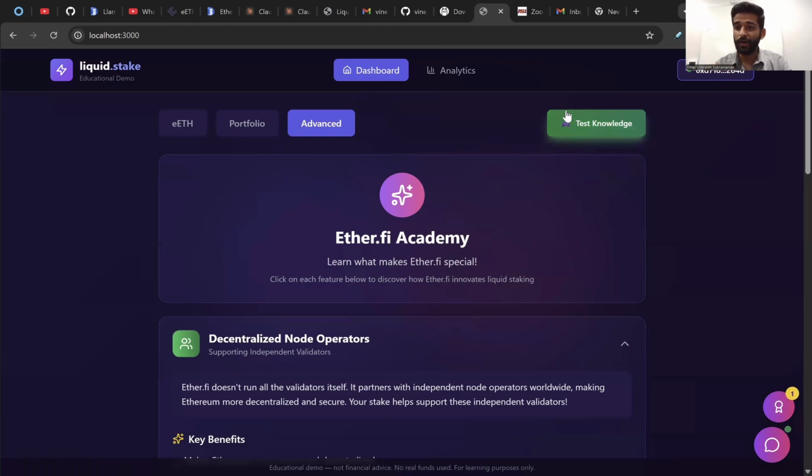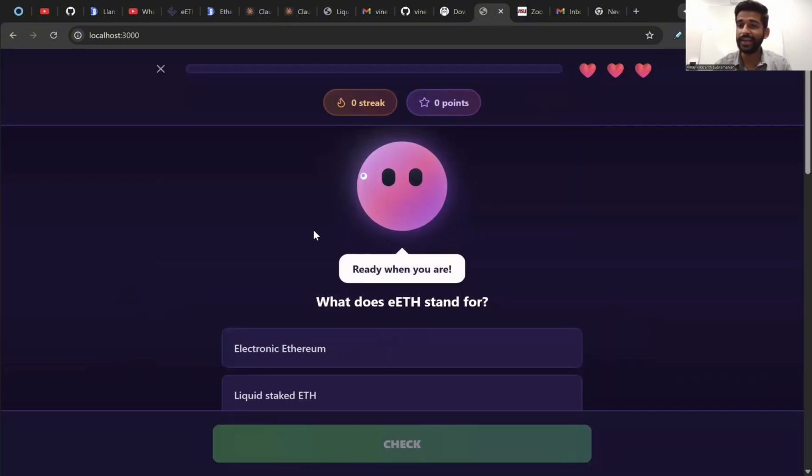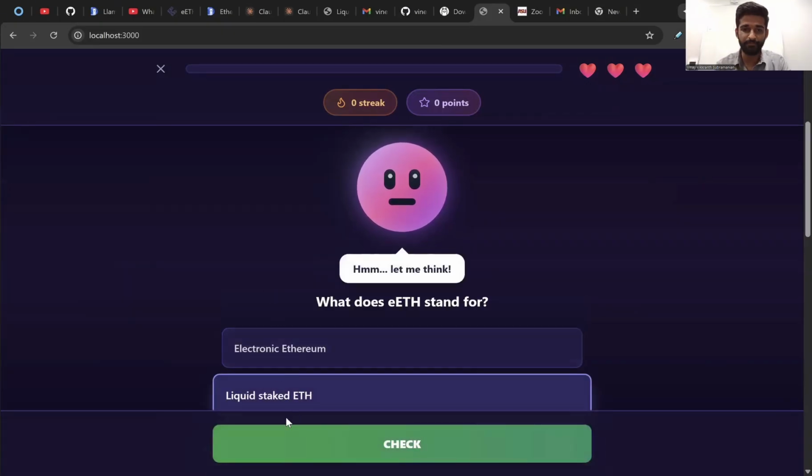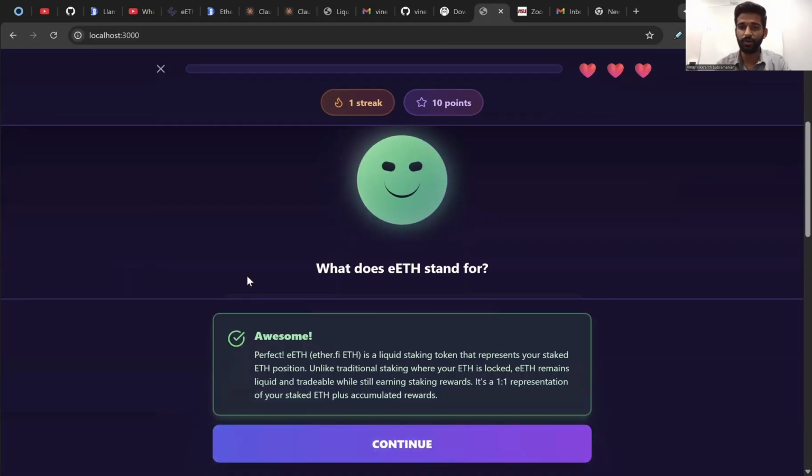But now I also have an option to test my knowledge, and here is the game changer. Once I have learned the step-by-step live demo tutorial of what we have done so far, I'm going to test my knowledge. And guess what? We have built an interactive learning system that is inspired by Duolingo, which is proven to increase our ability to learn faster. That's exactly what we want, and that's exactly what this platform deserves. If I select one of these options, boom, it's happy that I got it right.